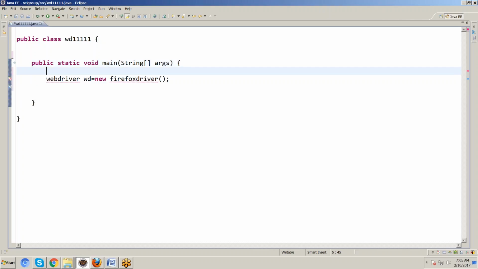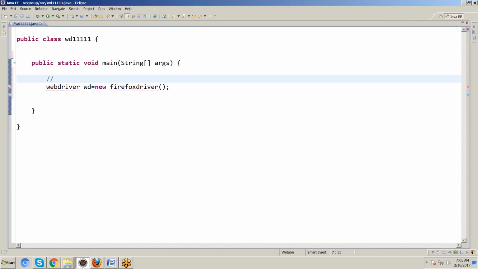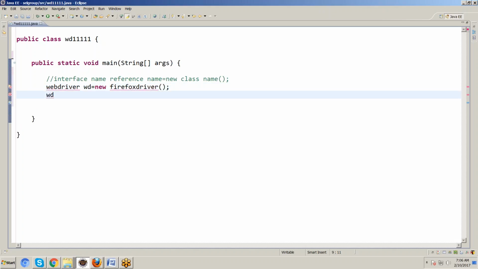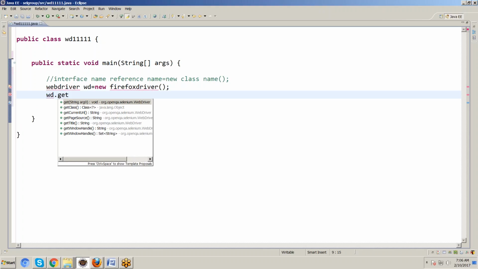Yesterday we learned only one line. That line is interface name, reference name equal to new class name. Interface is WebDriver. Reference name WD equal to new Firefox driver. Only this line, only one line purpose we learn Java. So now if you want to work with any application, WebDriver reference WD dot get